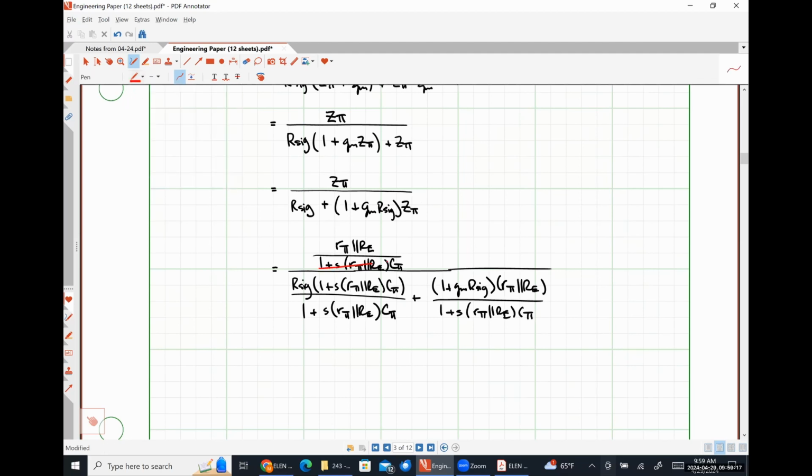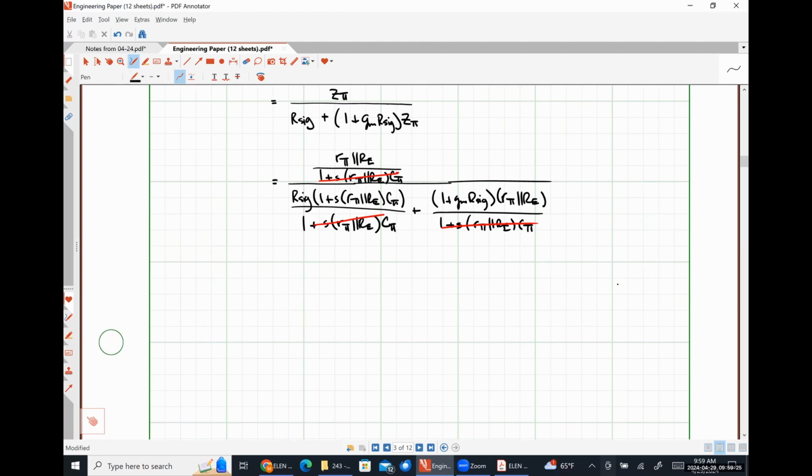And now this denominator cancels that denominator, leaving behind